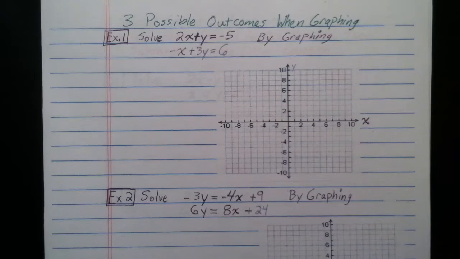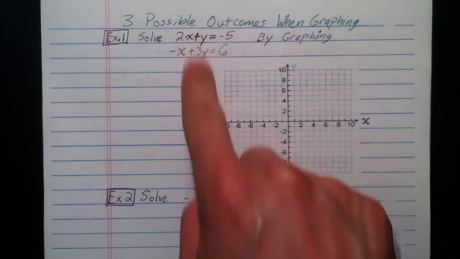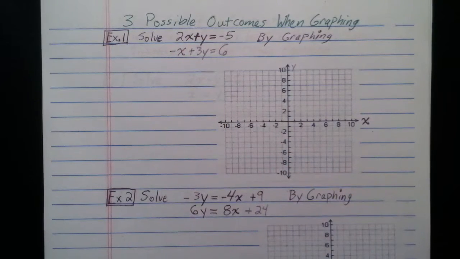To solve this graphically, as we just looked at that camera example in the last video, we really want to see, well, if we were to graph these two lines, where do they cross? Where is that point of intersection? And that point of intersection will give us the ordered pair that is the solution for these two equations. So rather than trying to guess the ordered pair, we can get a more direct answer by actually just graphing